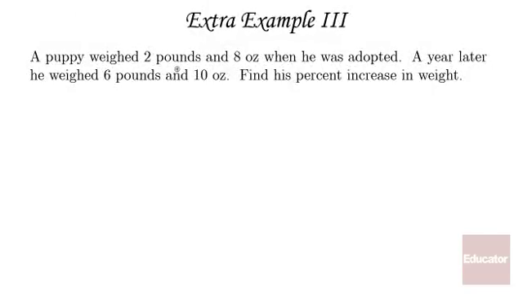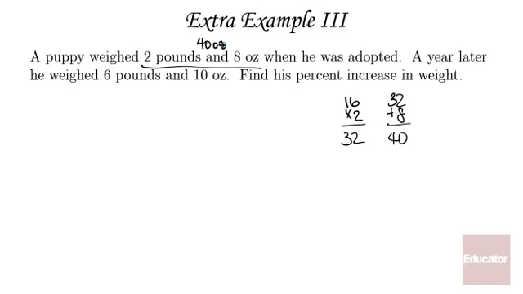A puppy weighed 2 pounds and 8 ounces when he was adopted. A year later, he weighed 6 pounds and 10 ounces. Find his percent increase in weight. So remember that first you want to make sure all your measurements are in the same unit. So I'm going to change pounds to ounces. 16 times 2 gives me 32 ounces for the 2 pounds, plus the extra 8 is the total of 40